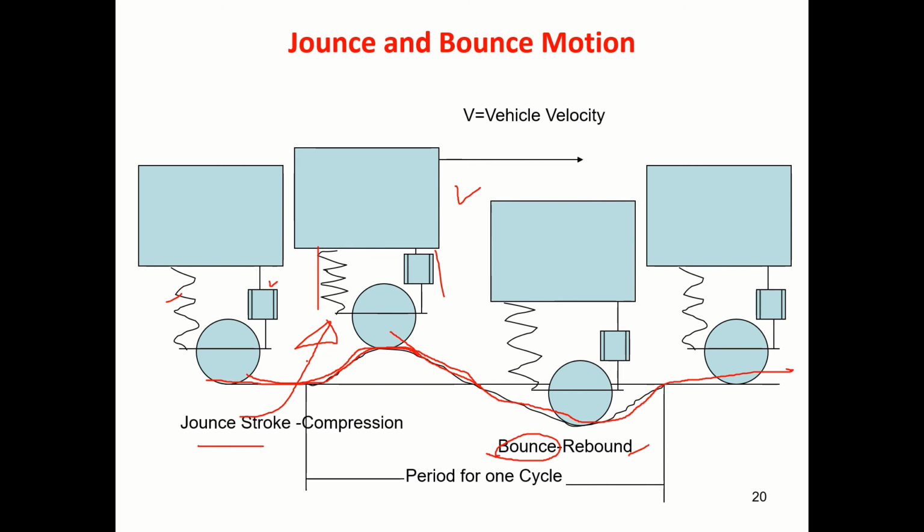It is expansion, here it is compression. So you can call this a complete cycle, right? From here, if you start to here, you can call it one cycle. Is that okay? Your wheel starts rolling like this. By the time it completes this, you can call it one cycle. And the vehicle is moving with a velocity, say v, vehicle velocity. We say this vehicle is subjected to an input like this. Okay.